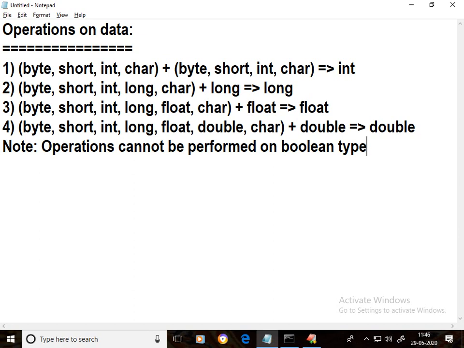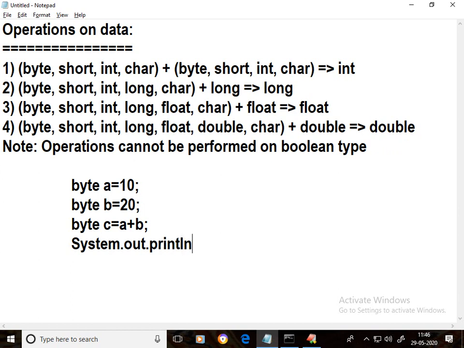On this, I'll give a few code snippets. For example, byte a equal to 10, byte b equal to 20, byte c equal to a plus b, System.out.println c. In the third line, we are performing an addition operation on a and b.